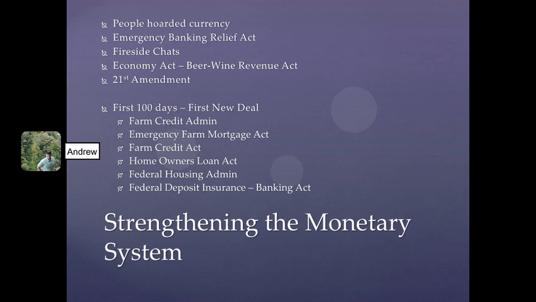Realize that there had been runs on banks during the Depression. So people had run and taken out all of their money. Well, most of the banks didn't have it because they had loaned it out. So that caused the banks to go bankrupt, people not to have any money, so forth and so on. The system ground to a halt. So with these banking acts, they wanted people to have more faith in banks. And then with this Federal Deposit Insurance Act, people would have their money insured. So if the bank did go under and they couldn't get it, they would eventually get their money back.